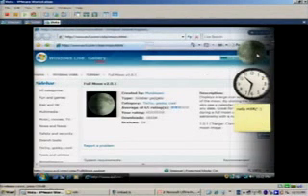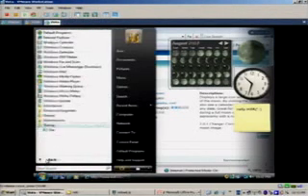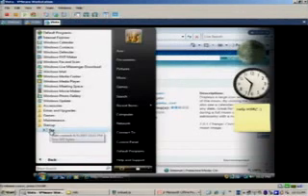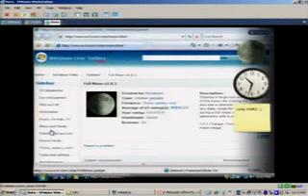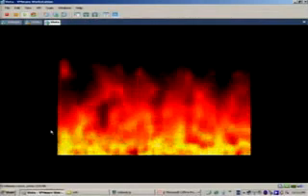Okay, so I get the machine, and hopefully we got infected, and I can know on the 30th it's going to be a full moon. But I got fire on my startup folder. Okay, so as you can see, you can do whatever you want if you install the gadget.